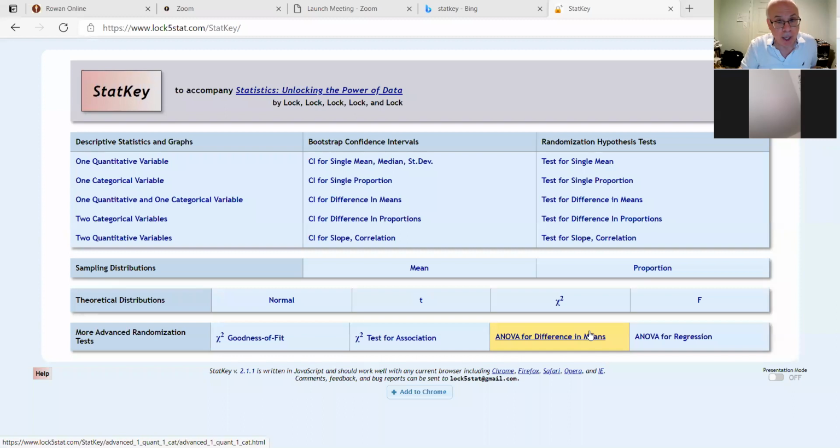All right, so we're going to be on StatKey today, like I mentioned. Let's just review what I'm going to be looking at here on StatKey. It's the middle column here, bootstrap confidence intervals. I'm going to do examples of all four of these first ones: confidence intervals for means, for proportions, for a difference in means and difference in proportions, to show you what it looks like, how to interpret them, and